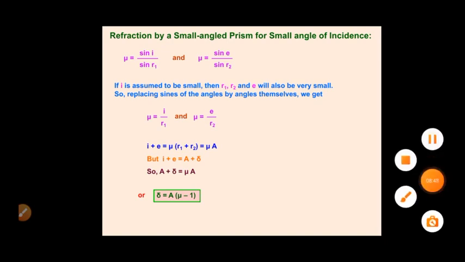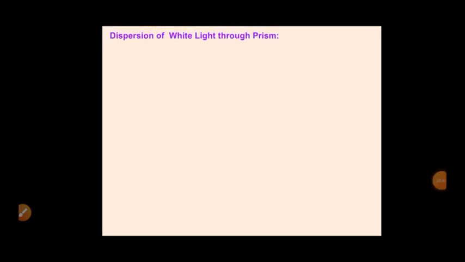So students, these were the properties of the prism that we have discussed, and earlier today we saw some formulas like the combination of lenses and the lens maker formula. So let's end our class here with this discussion. In the next class you will see the dispersion of white light through a prism and all the other optical instruments.